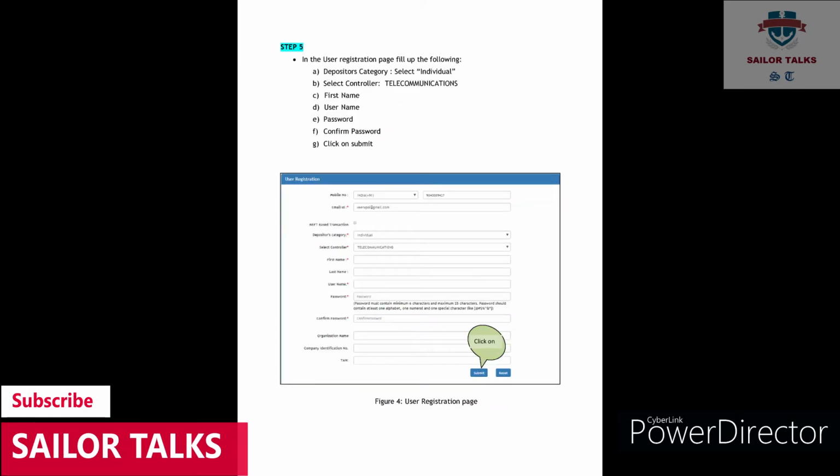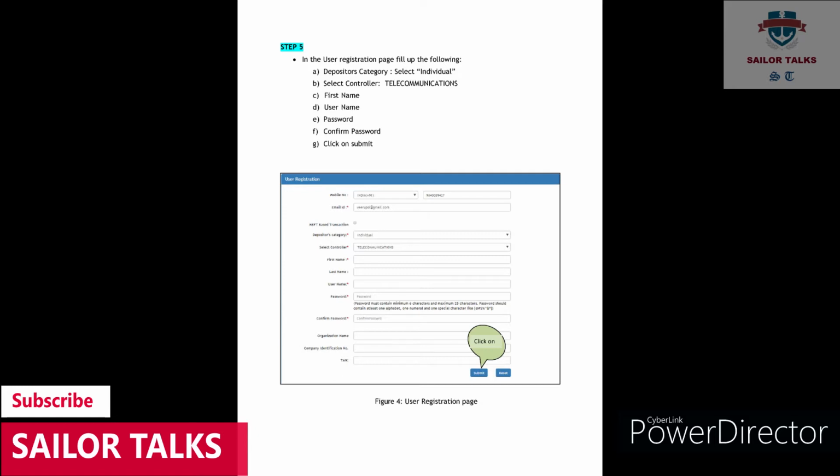After clicking on verify, you get this window. In this window, your mobile number and email ID will come automatically. You have to enter the depositors category. You select individual, then select controller, and you select telecommunication. You enter your first name, last name, and the username and password which you want to create. Then you re-enter your password here.